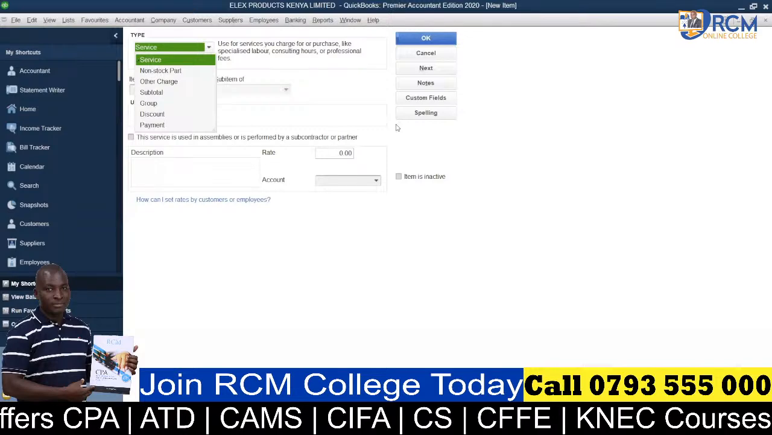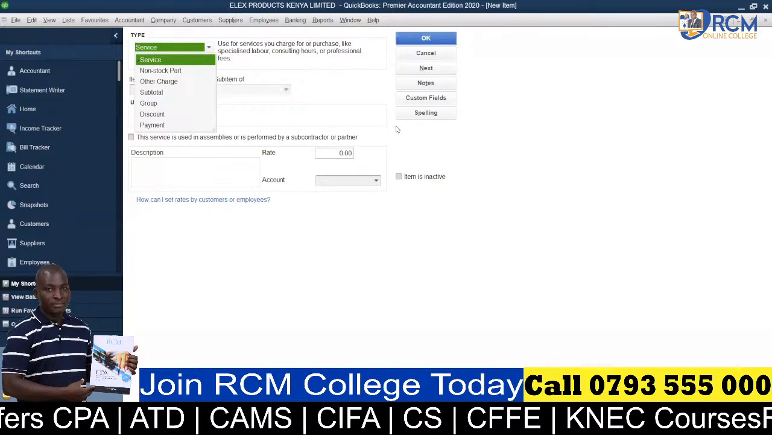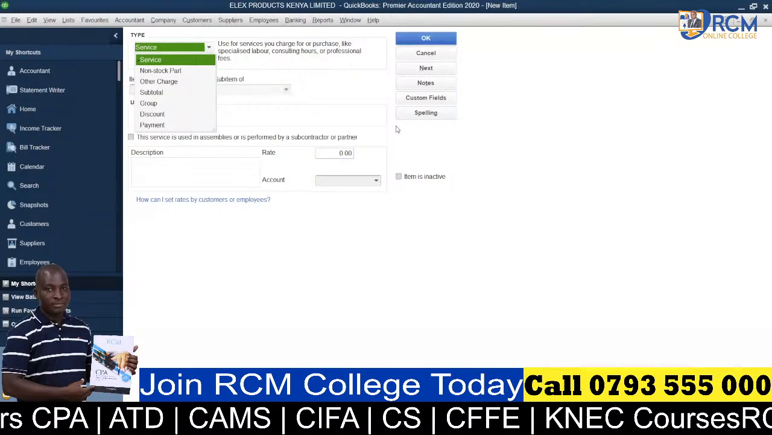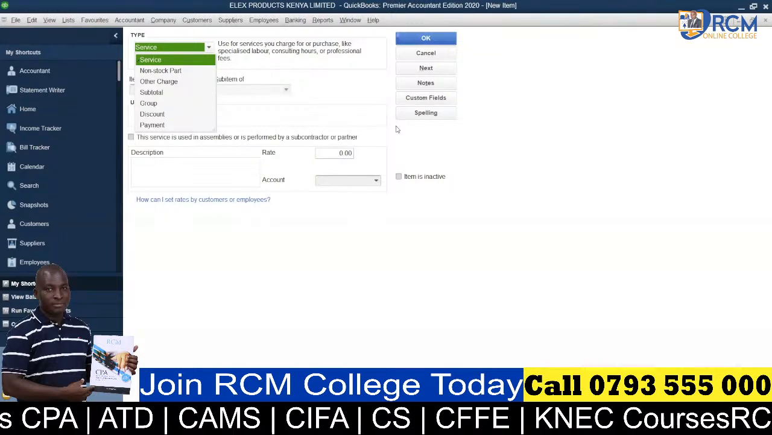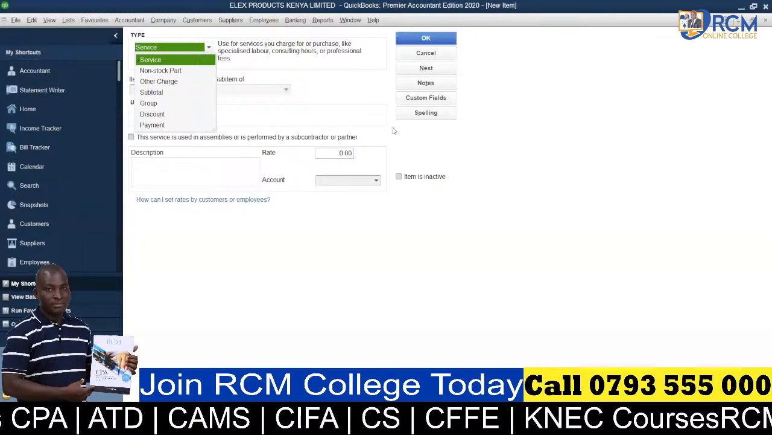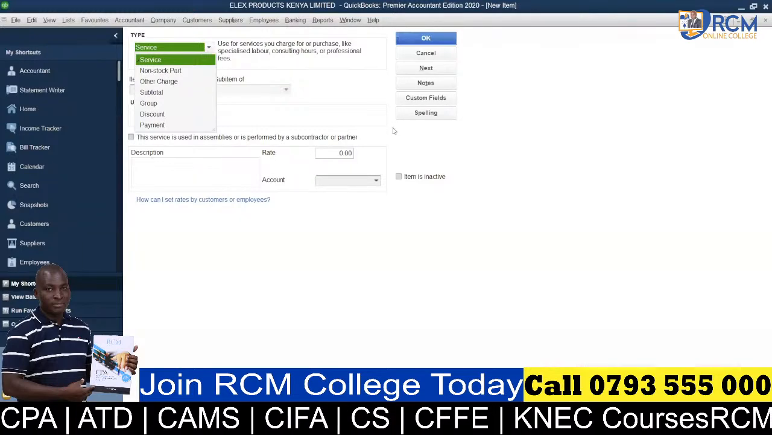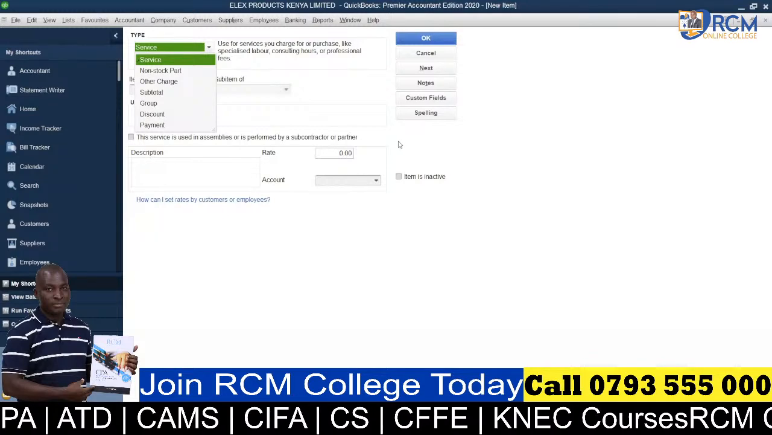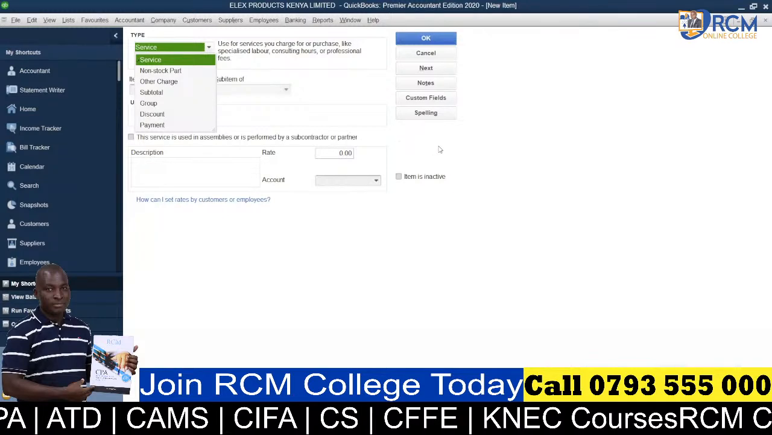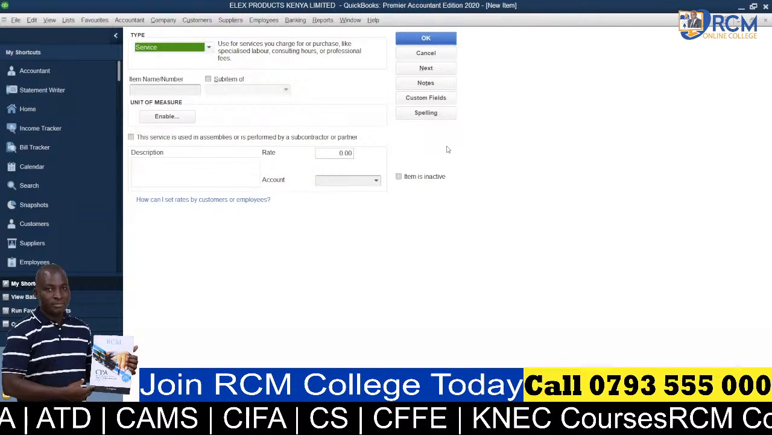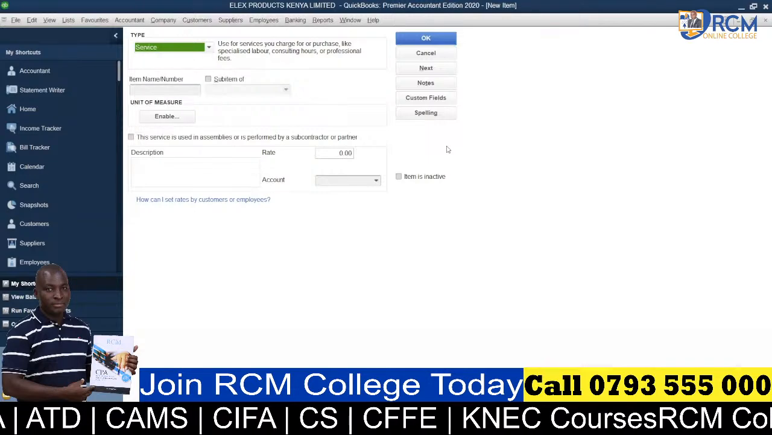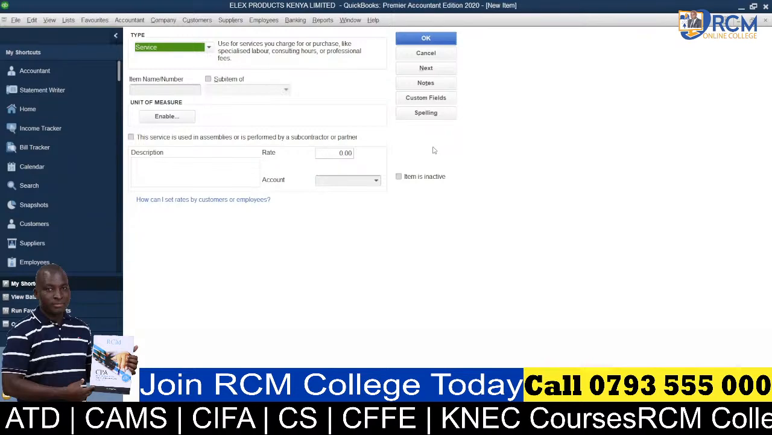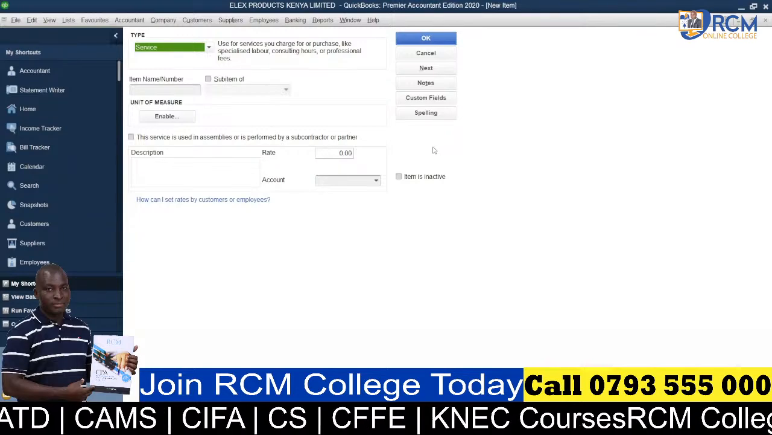When you choose new, this window pops up. The window requires you to key in the following about your product. Number one is the type of product. Number two is the item name, the sub-item of. You have the description, the rate, the account, and all that. But look, in the file that I shared with you,